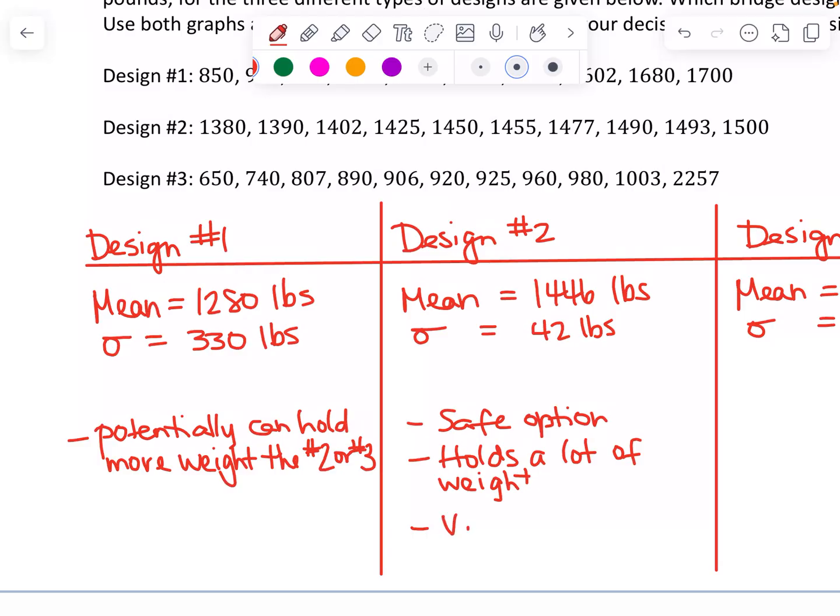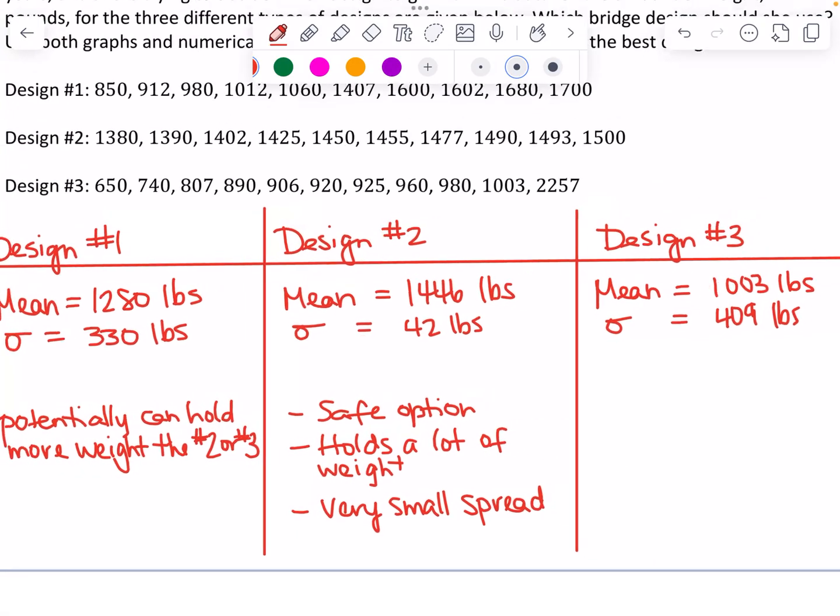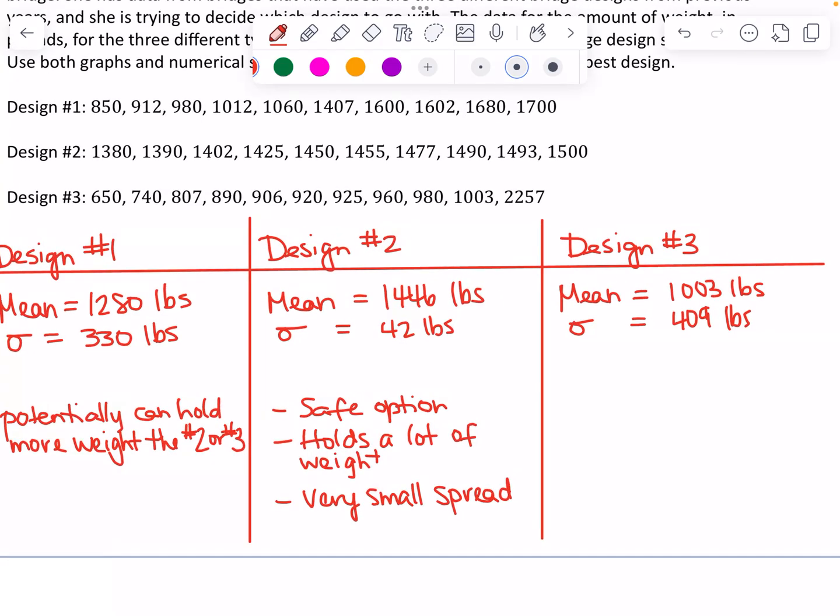Okay, let's look at design 3. I really do not like design 3. Look at that. This average is 1,003, which is lower than the average of the other two. And it has a huge standard deviation, meaning the bridge using this design could hold as low as only 600 pounds or as high as 1,400 pounds. So I really don't like design 3. So this has the lowest mean,